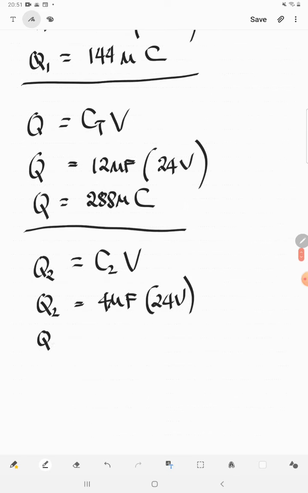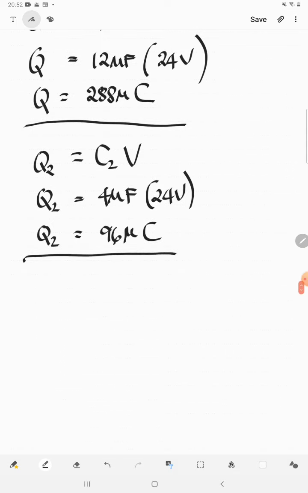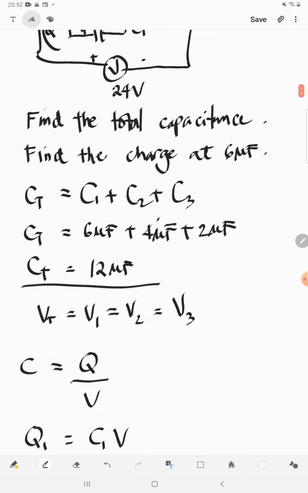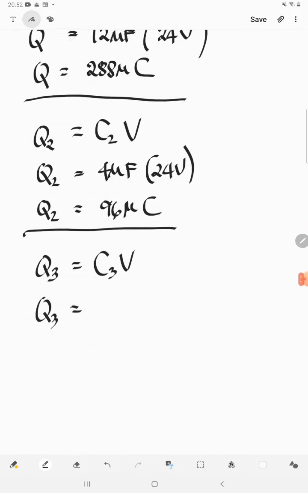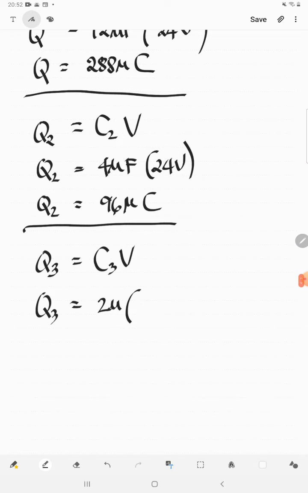Q sub 2 is simply equal to 96 microcoulomb. And the last, if we are going to find Q3, it's C3 times V. So Q sub 3 is C3, which is 2 microfarad, times 24. Therefore Q sub 3 is